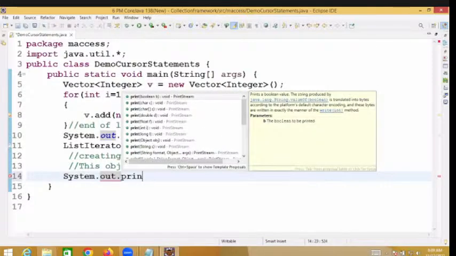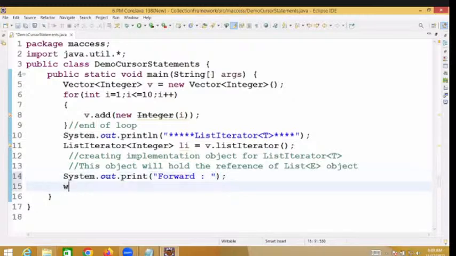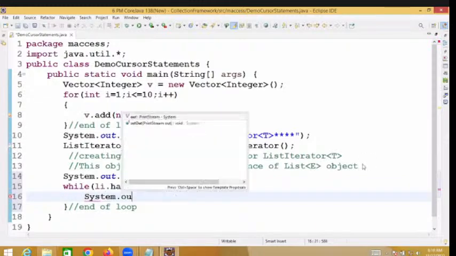System.out.println, I'm taking here forward. While li.hasNext, end of loop. Now System.out.print